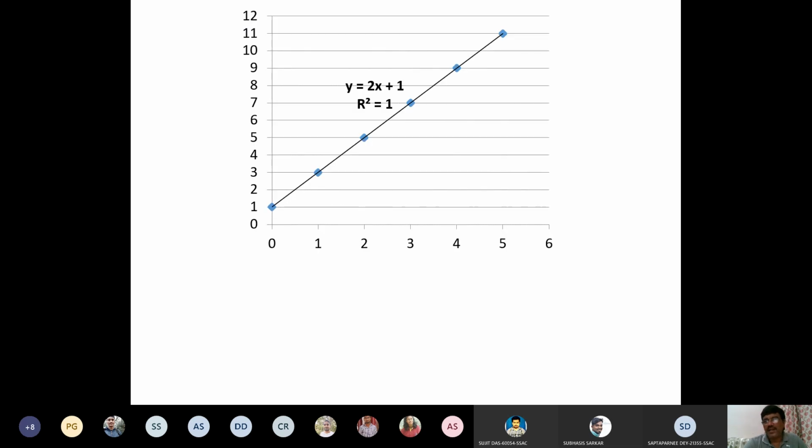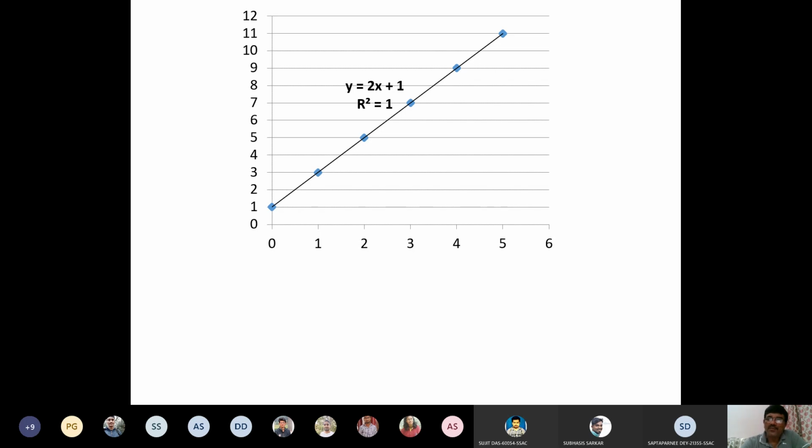So friends, this is another way of showing another linear response curve. You can see all the data points are passing through the line. And this line is passing through all the data points. And see, the R square is 1. This means R square has some relationship with this line. I will tell you later, but just now you see, if R square is 1, this line is passing exactly through all the points. And no point is away from the line.